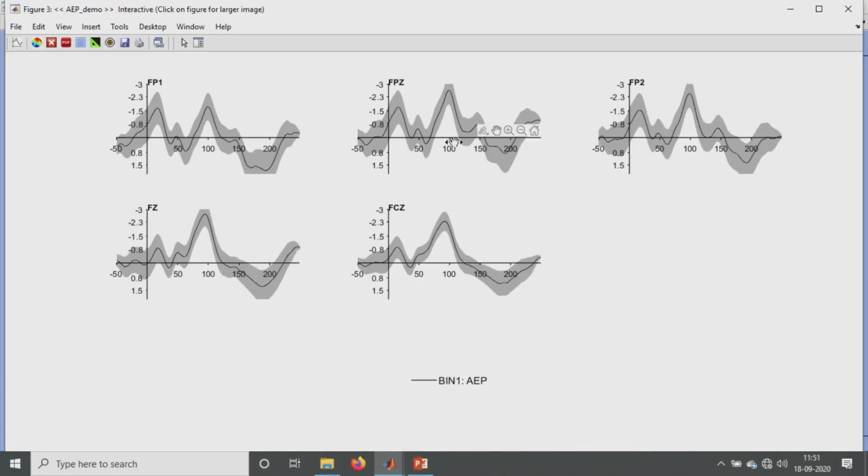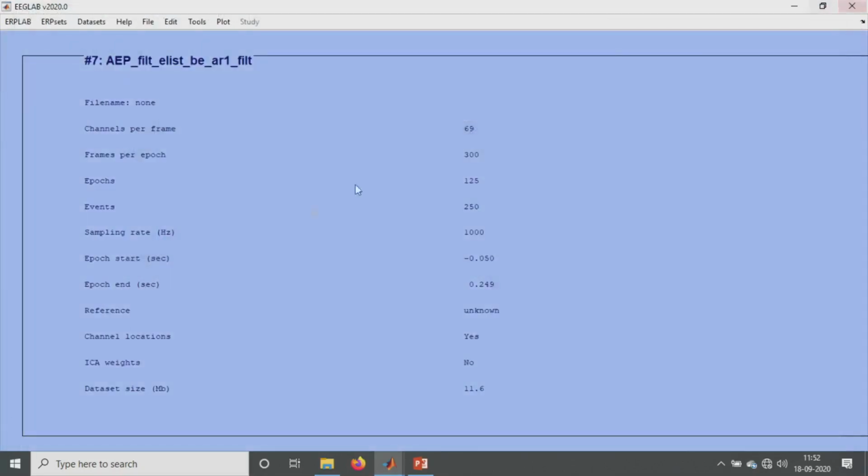Like that we can take all the electrodes also. I thought we can prominently see the N1 and P1 peaks here, so that's why I chose these electrodes. Like this we can do for MMN, P300 and even VEP also. I'll show the demo for each and everything.